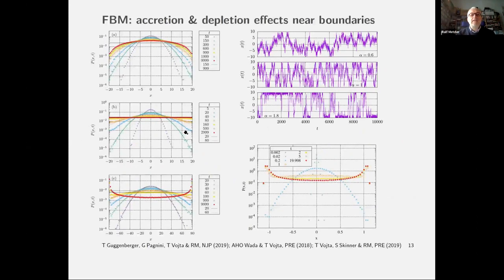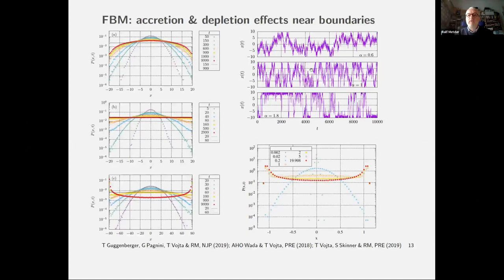You see here the time evolution for Brownian motion. Eventually it has the equidistribution that we would expect. For subdiffusion, you can very clearly see here now how it's actually depleting at the boundaries. And when you look at the sample trajectory here, you can see this anti-persistence: when it hits the boundary, it's reflected back, and then the next step, due to the anti-persistence, still leads away from the boundary. You can clearly see it doesn't want to touch the boundary.